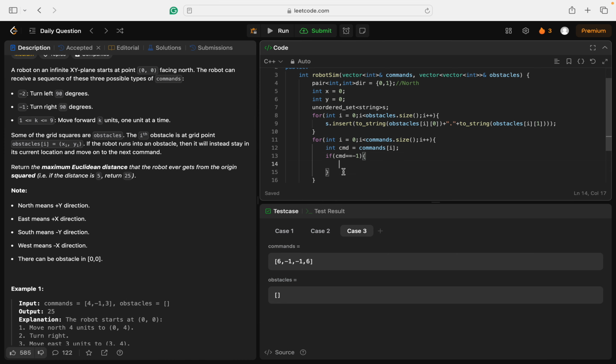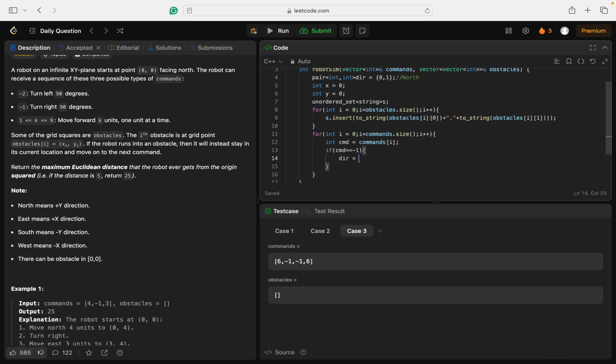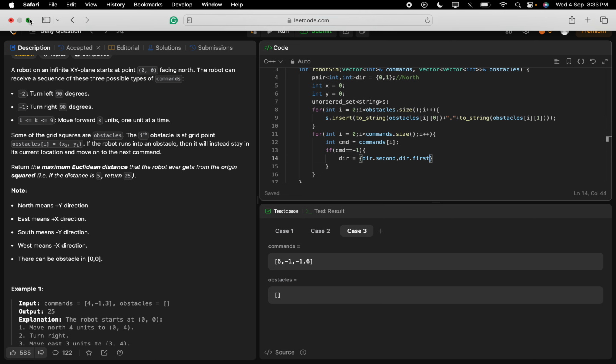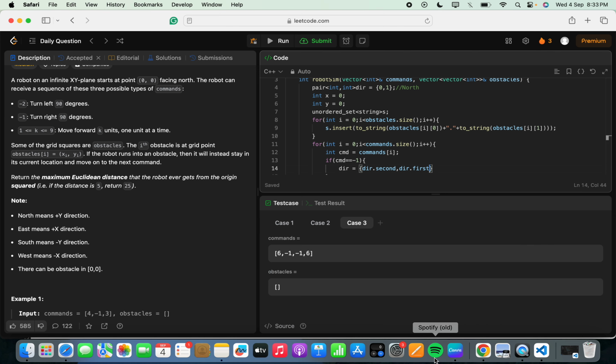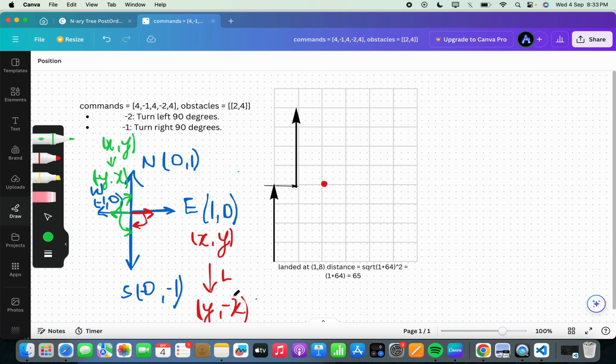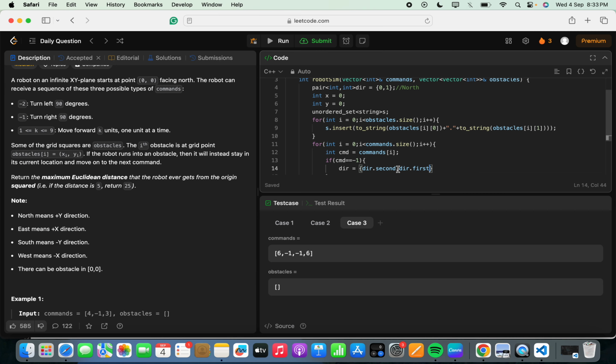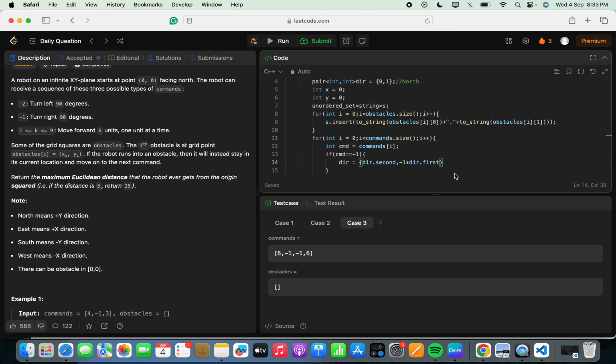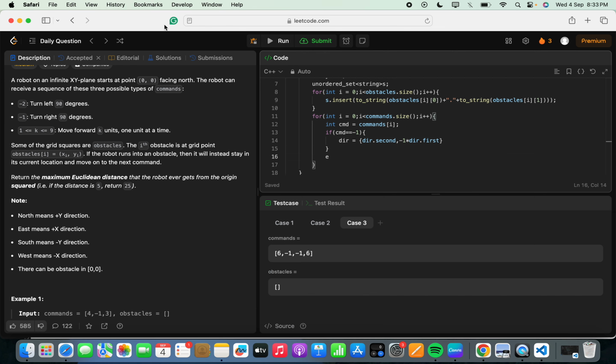So our new direction would be direction dot second comma direction dot first, and which one has -1? We are moving left, so this goes here, and y coordinate will have a negative 1. So -1 into this,